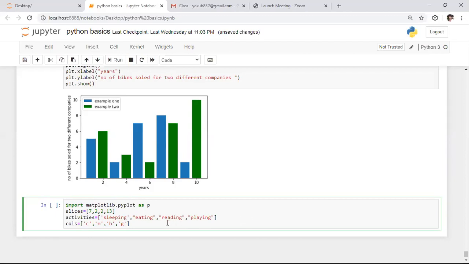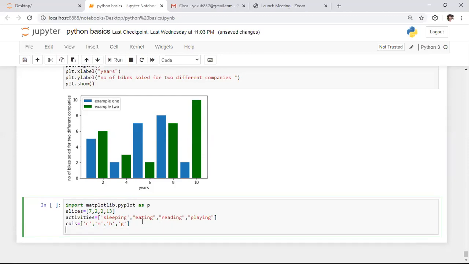After specifying these different colors, we need to plot the graph. Which kind of plot? We need to plot a pie plot. To plot the circular plot, we need to use the pie function. So I'm using plt, which is the alias name for matplotlib, and in it we have the pie function. In this pie function, we need to specify different attributes. The first attribute is the number of hours, the duration, or data. Here I'm specifying data as slices. That means I want to distribute this entire circle, this entire 360 degrees, over the 24-hour duration.